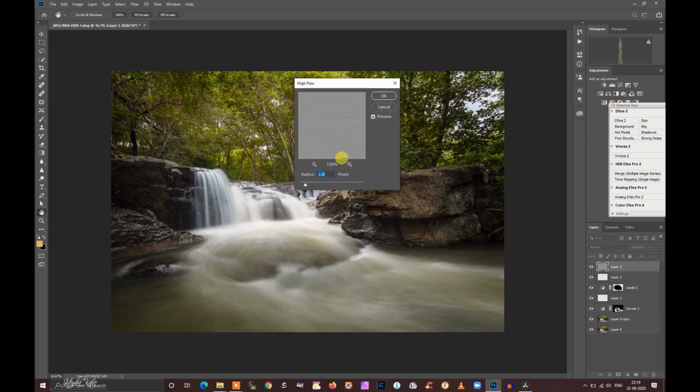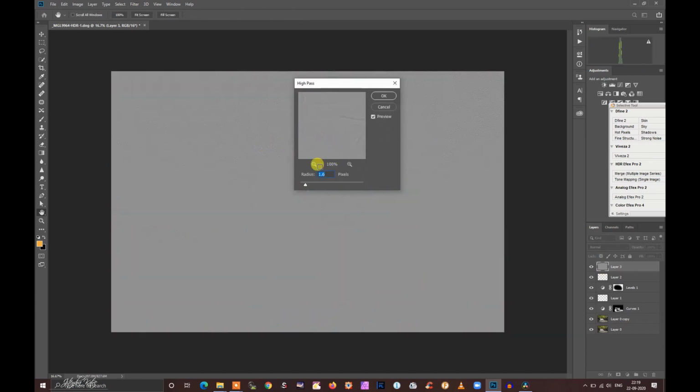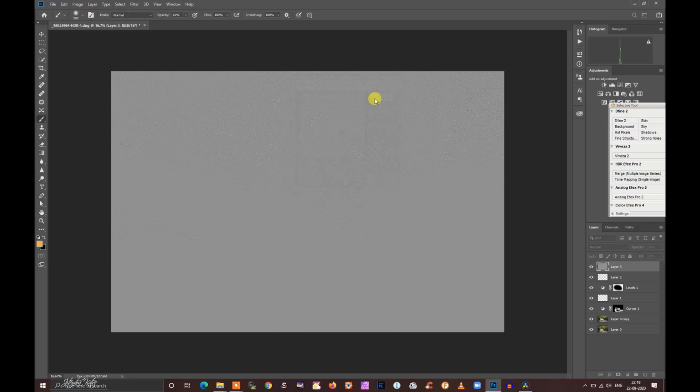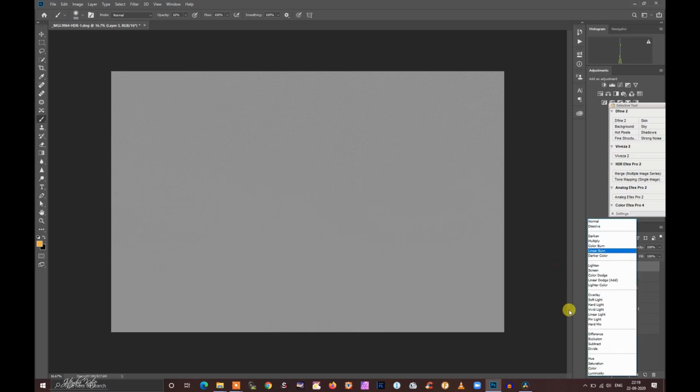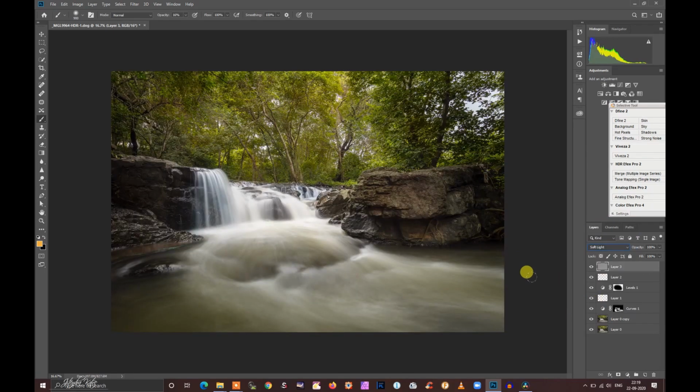The image will turn grey, and use the slider just to make the edges bright, only the edges bright. Hit OK, and now we change the blending mode to soft light. This is the best way of applying sharpening. The image is sharp now.